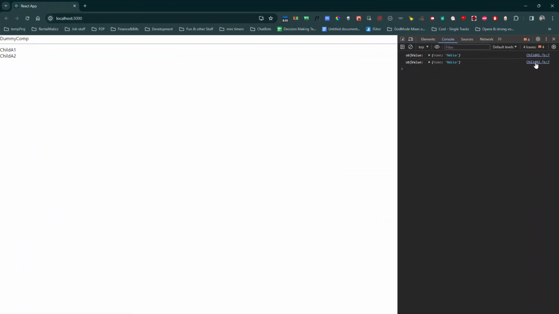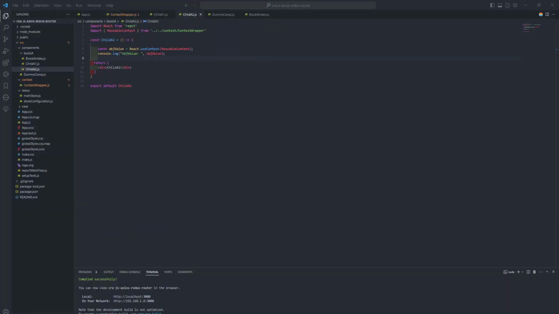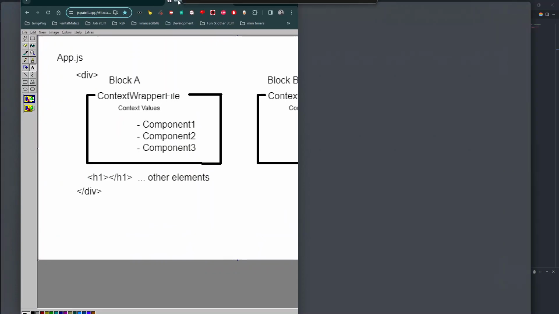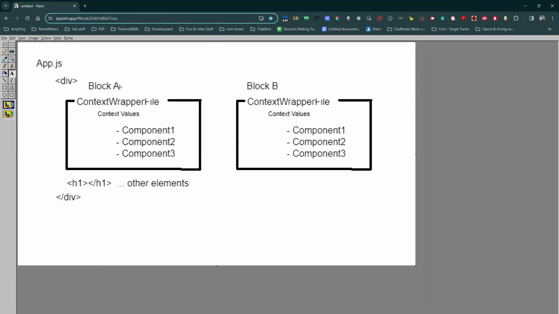That's coming from child A2, and this is coming from child A1. So we have created one block. This is block A. Inside of block A, we imported the context wrapper, and now this is component A1 and component A2. So now the question is, we're going to create block B, do exactly the same thing, and then I want